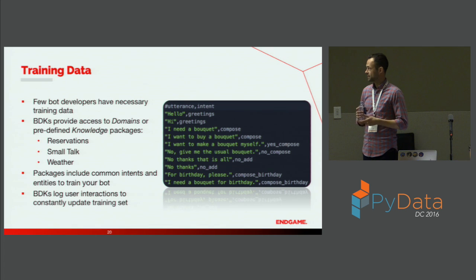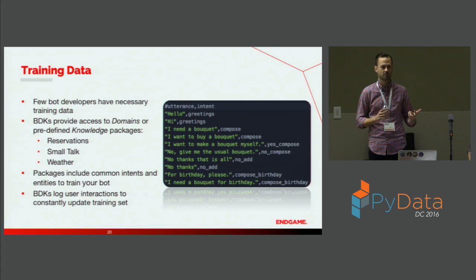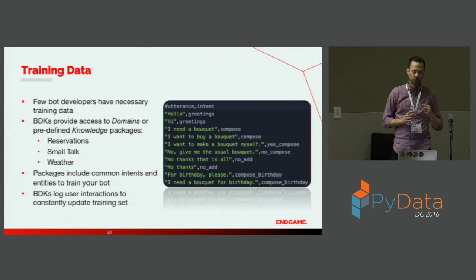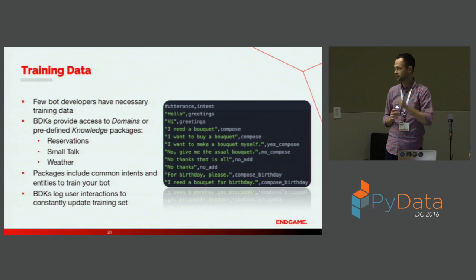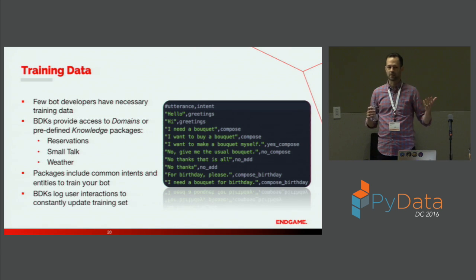What the bot development kit community does is they have predefined domains and knowledge packages. So believe it or not, that pizza bot example was one of like 300 pizza bots. So when you have 300 pizza bots and 300,000 users talking to a pizza bot every day, your data set starts to grow quite a bit. And that data set isn't just tied to Domino's or Papa John's or Little Caesars. It can be used by anybody.